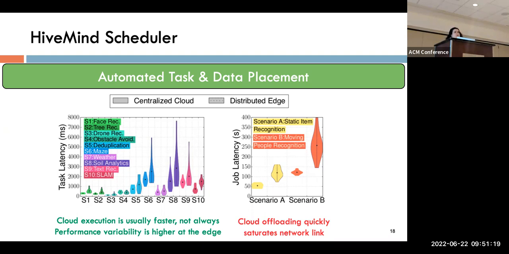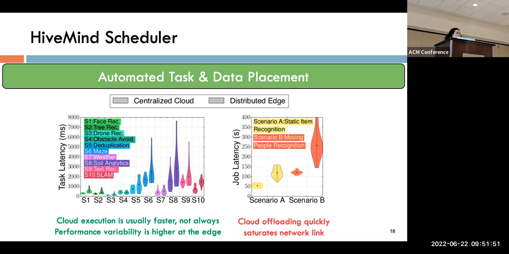That being said, that's not the case for every task, or it's not the case equally for every task. There are some applications like obstacle avoidance and like the weather analytics, where running at the edge doesn't make a big difference. And the reason for that can be that that task is very performance critical, so you cannot afford to offload the data to the cloud, or the computation is very lightweight and you can run it just as well on the limited resources of the edge devices. The main thing to take away from this is that there isn't a one-size-fits-all solution. We have to look at the individual tasks and see what should be placed at the cloud and what should be placed at the edge.